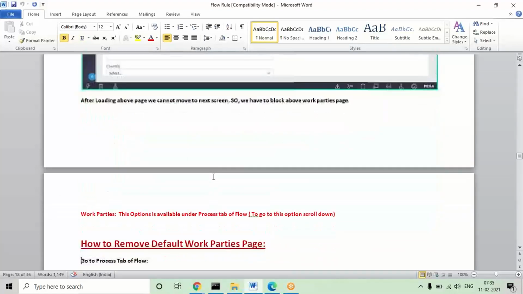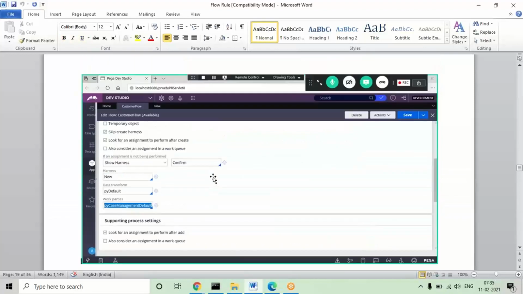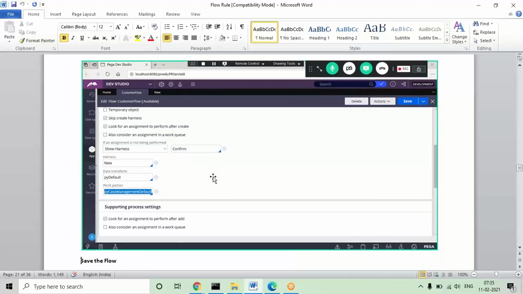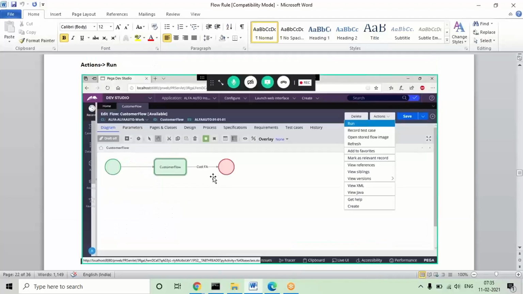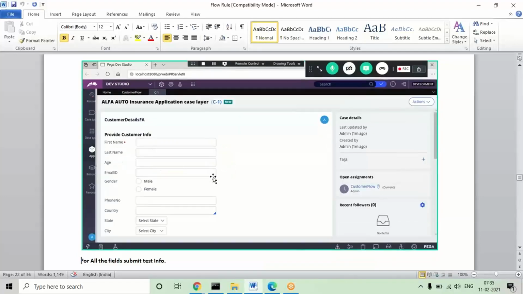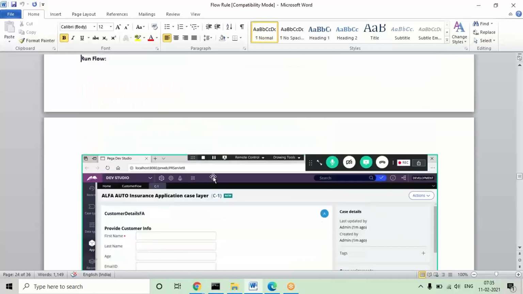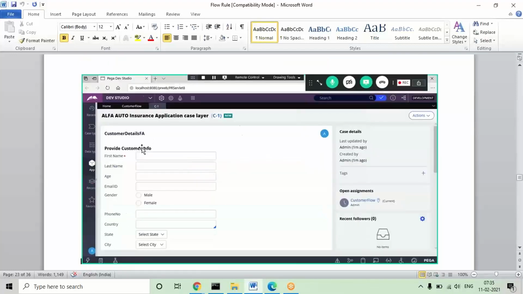So these three settings apply for every flow. Next time I will not repeat, but I will be doing these settings for every flow I'm going to perform. After that, save the flow and compile this one. Don't worry, we haven't defined any logic yet, but in the next classes we'll be adding more for the UI designs.